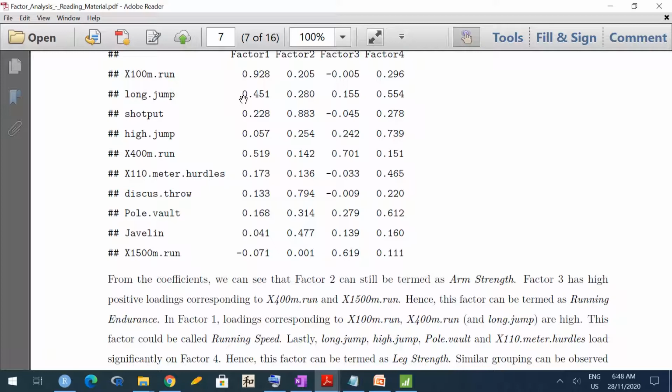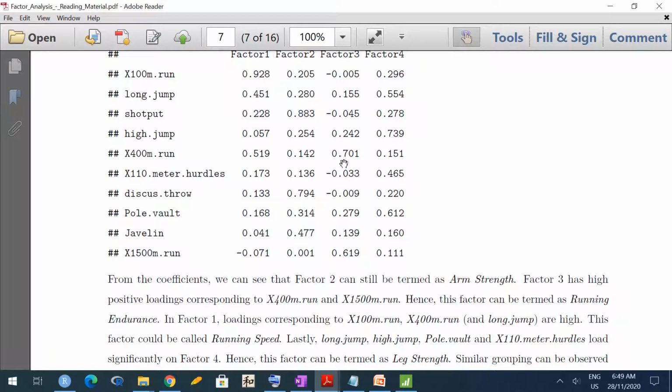So 100-meter and 400-meter are generally related to running speed. Okay, so factor 1 can probably be something like speed of a person. Okay, in factor 2, shot put, then discus throw, and up to some extent javelin and pole vault. So factor 2 is more like arm strength.